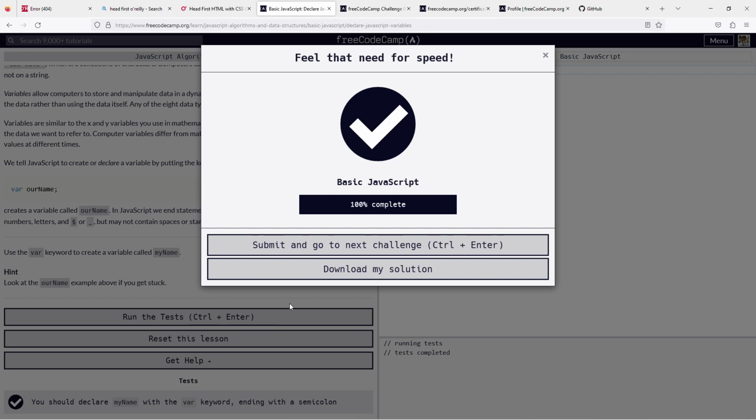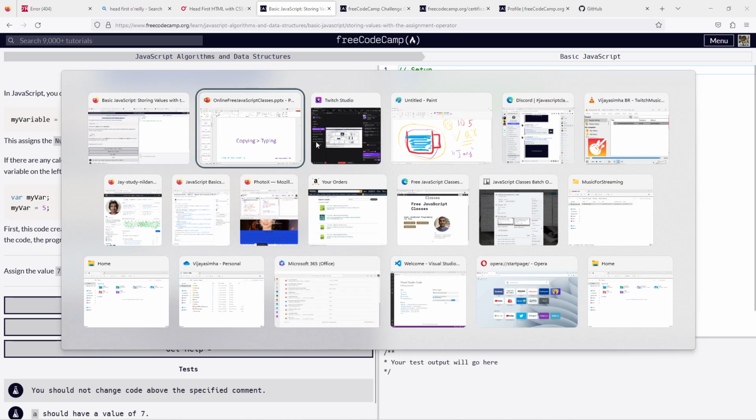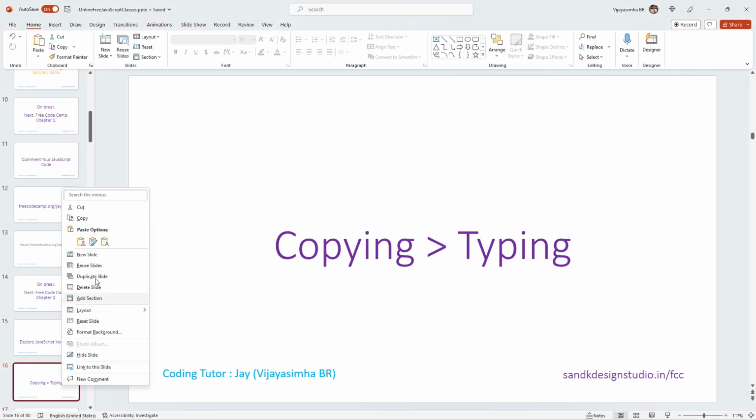Let's keep going before I take my next break. So let's keep going. The next chapter is storing values. This is like, you have a mug and now you have to decide what you're going to store in the mug. So the next chapter,